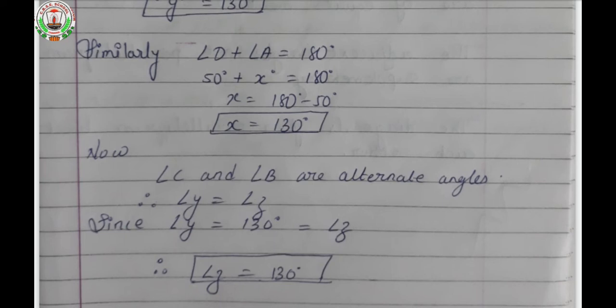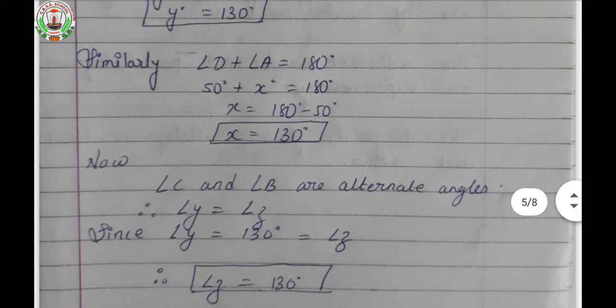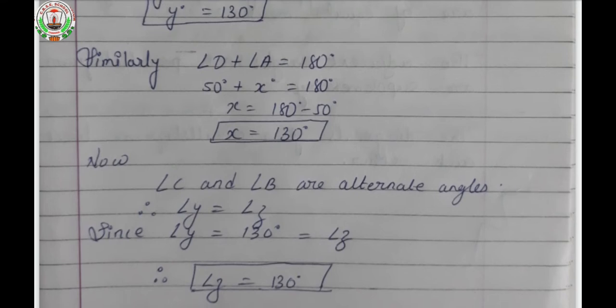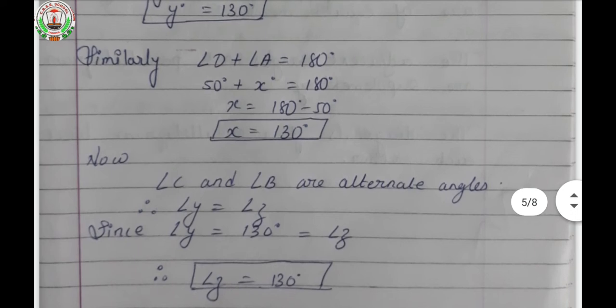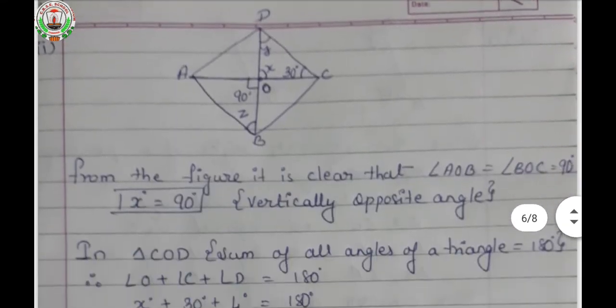Angle Y we are having 130 degrees. That means automatically angle Y will become angle Z. That means angle Y is equal to 130 degrees. Hence, angle Z will also be equal to 130 degrees. Why is it so? Because by seeing the figure, we know that angle B and angle C are alternate angles. So we have found the values of the unknown angles for question number 2 second part: x is equal to 130 degrees, y is equal to 130 degrees and z is also equal to 130 degrees. Have you understood, everyone?